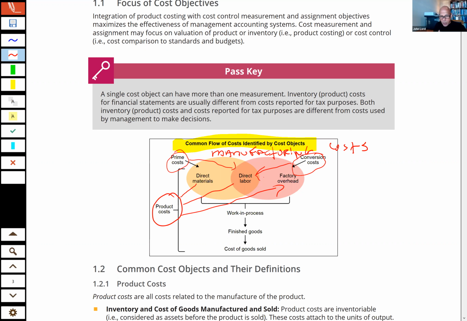So direct labor can be called a prime cost, it can be called a conversion cost, it can be called a product cost, it can be called a manufacturing cost, but he doesn't have to call it Mr. Okay, it was the way that guy would always end that little speech.